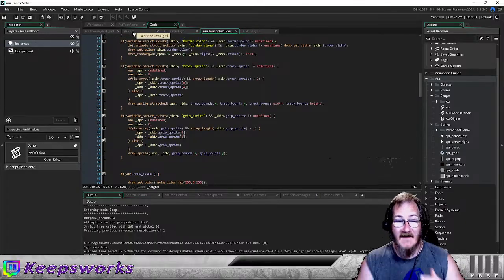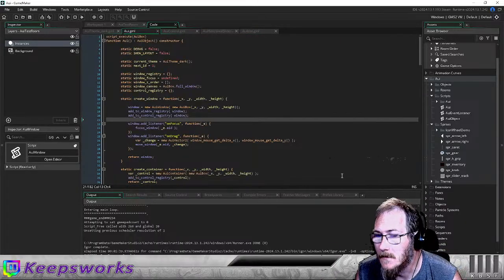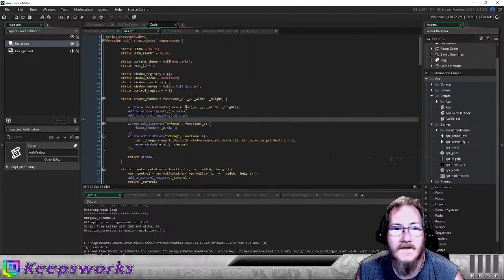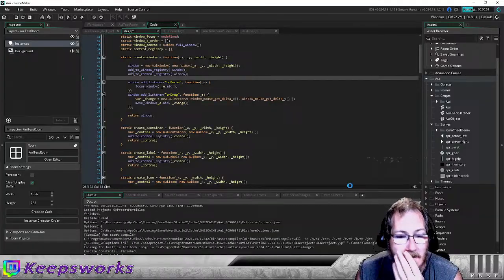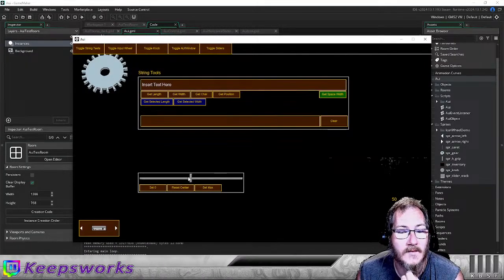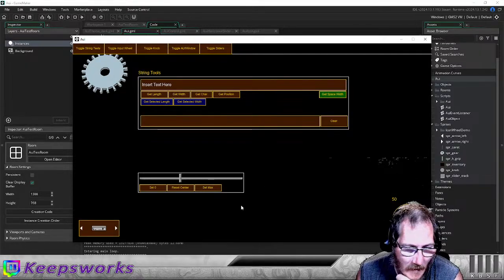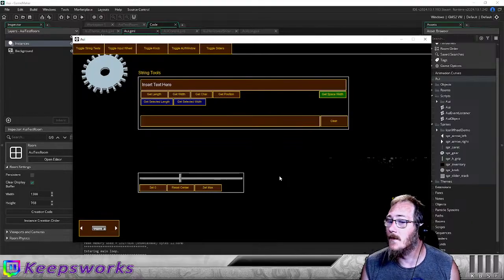So I have a UI that I am working on. This is actually almost done. Tonight I want to finish making the last slider. I have this cool horizontal slider. I want to make a vertical variant of it as well. And then I want to do, what, progress bars? Progress bars are a big deal. Progress bars are useful for a lot more than just